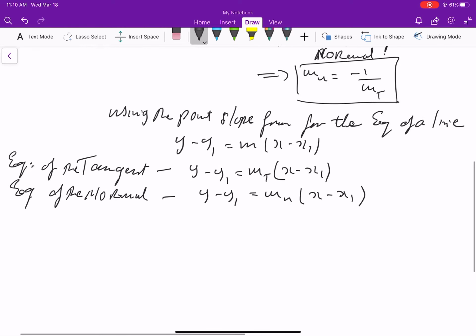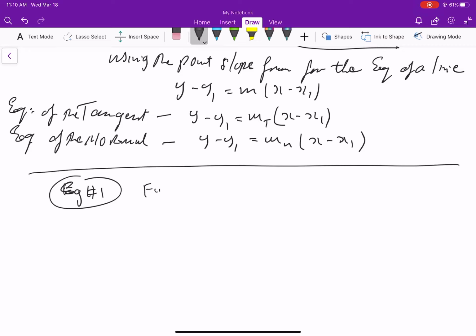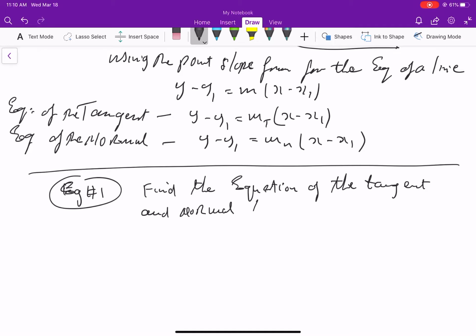That's the theory. Let's jump right in and try to solve a problem or two. Let me write it down. Example number 1. Find the equation of the tangent and normal to the curve y is equal to,